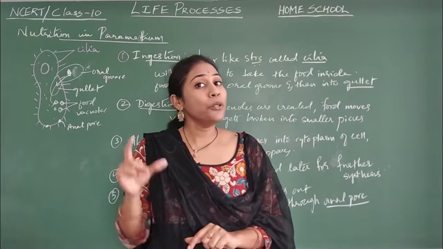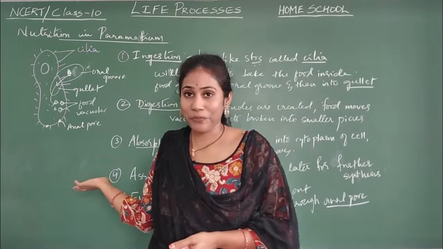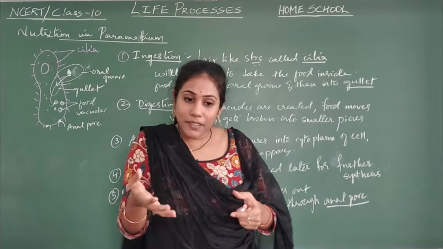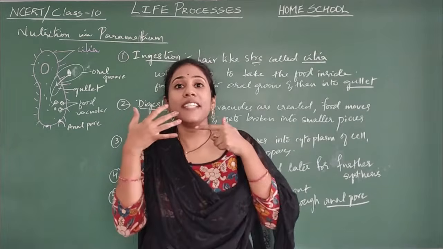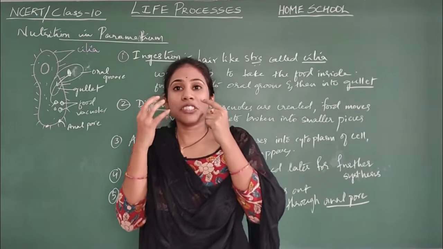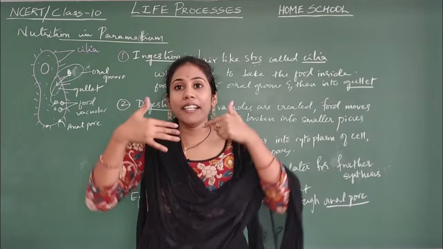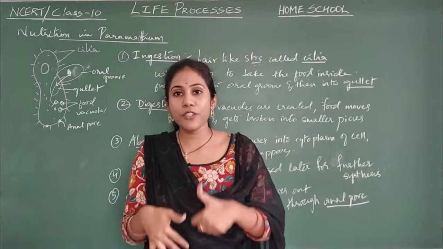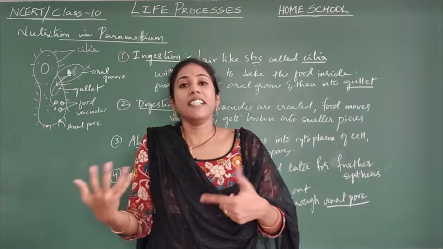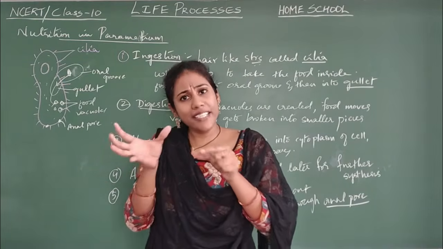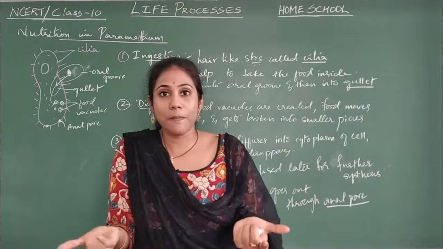And now we are moving to the nutrition in human beings, and it is not as simple. Got to know? Each and every step is done by special organs. Taking food is done by the mouth area. So many things can happen in the mouth for that food. So this is one organ, and later it passes through one more pipe called the esophagus. That is another organ. Like that, for each and every step you need certain organs in humans. And each and every organ is made up of so many tissues. Tissues are made up of cells, isn't it?